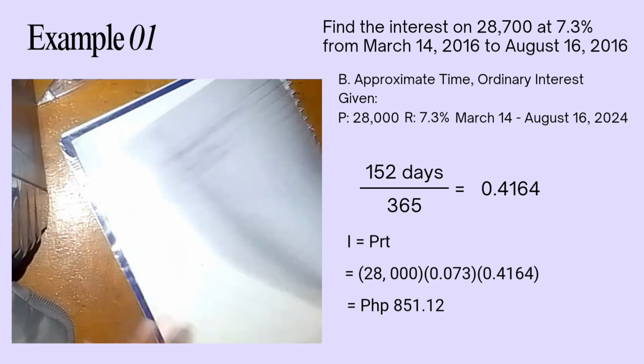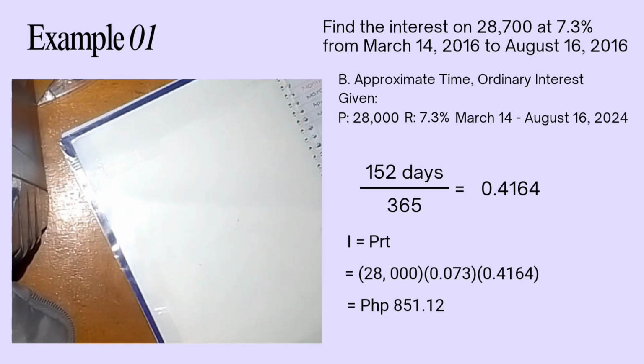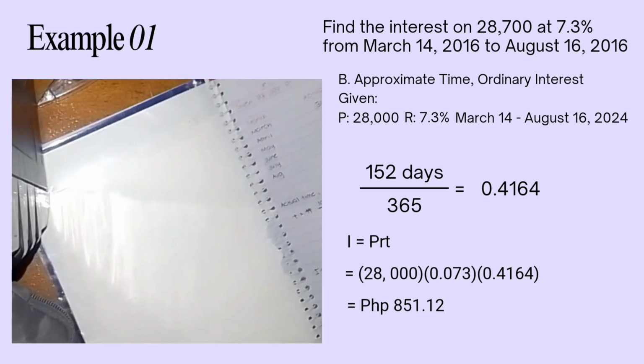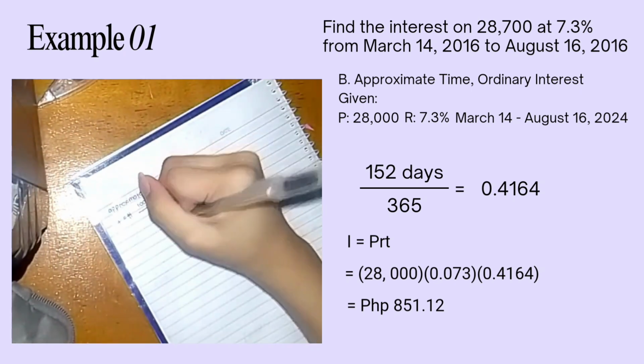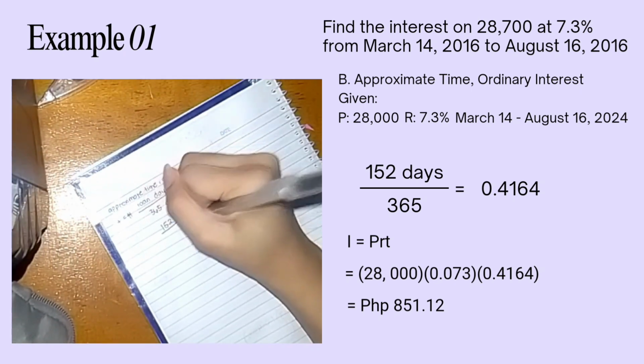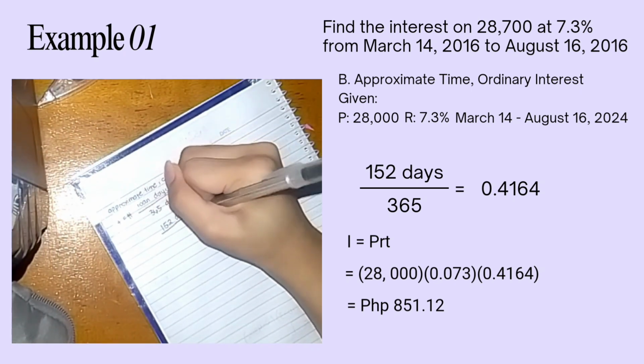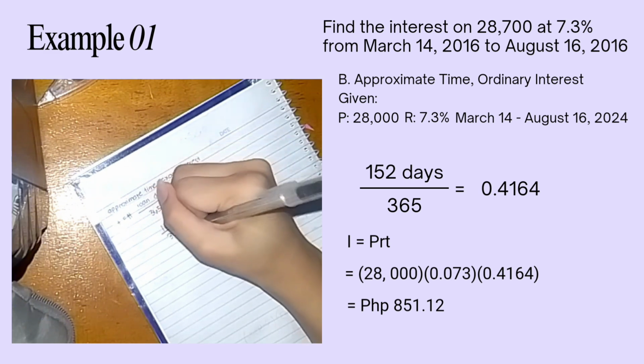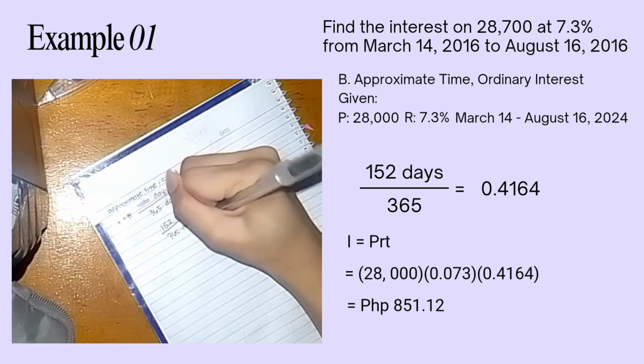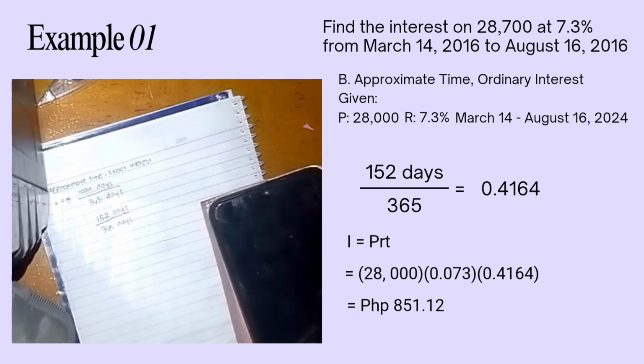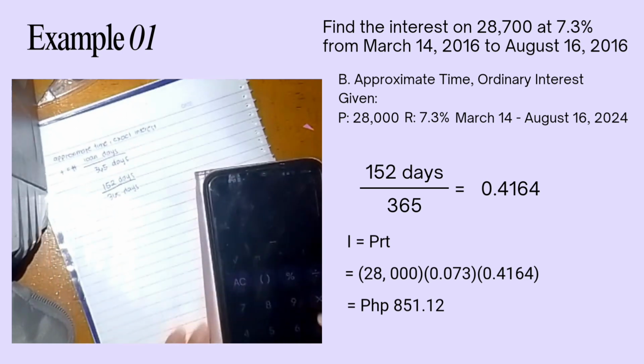Our approximate time is 152 days. So 152 divided by 365 days. 152 divided by 365 is